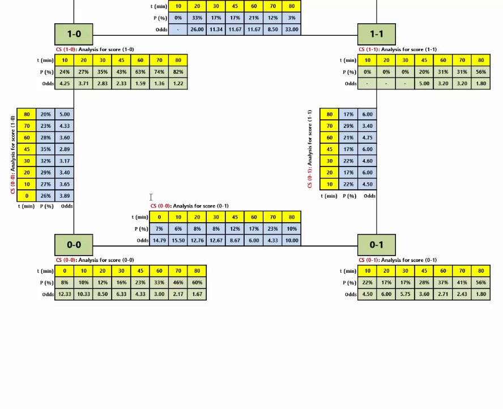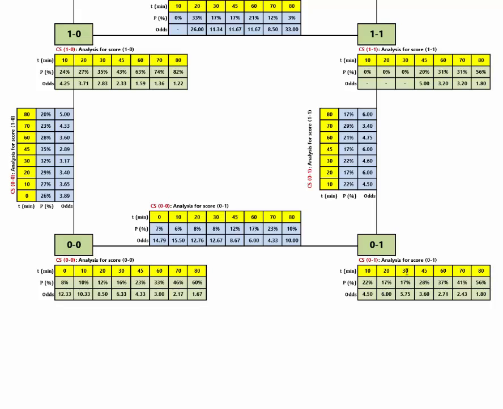For example, in this table we see the analysis of the score 0-1 when the current score of the game is 0-0. If the current score is 0-0 and the elapsed time is 30 minutes, the in-play real odd for the score 0-1 is 12.67. If at 30 minutes the score turned to 0-1, then we get to this table and